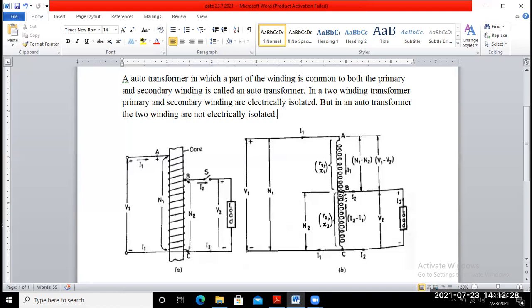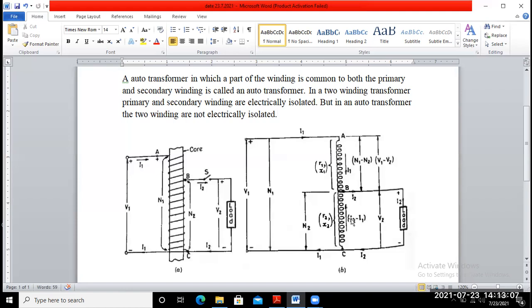Okay, and from this point I2 starts to flow through the load. From this way I1 is flowing, and in this way flows I2. So you take the difference between these two currents, that means whichever is more, in the step down transformer, either the primary current or the secondary current. As you know, the secondary current is higher than the primary current in a step down transformer. So you take the difference from higher to lower value.